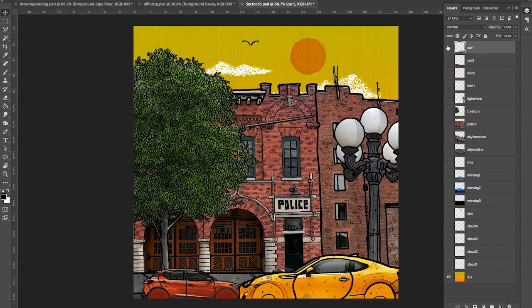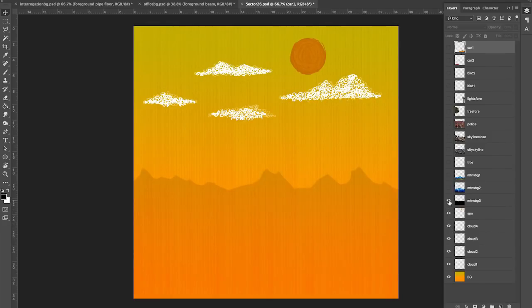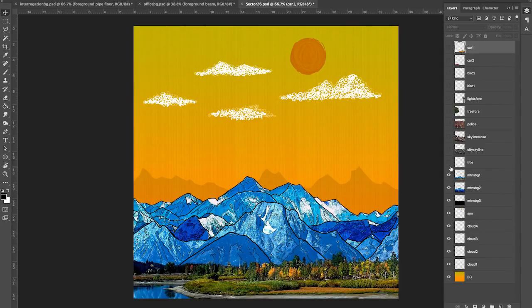So I'll show you the final product in a minute, but I started off with this yellow brush-stroked sky to give it a different texture and feeling and immediately feel different. I could have just gone with a basic blue flat sky, but I thought this should be different and immediately stand out to people and be engaging. And then I started to do these little scribbled clouds and a sun, and then some mountains in the background. I would do different layers to know that these would move at different rates and different speeds in this panned shot that's going down to make it feel like it's all one big connected city